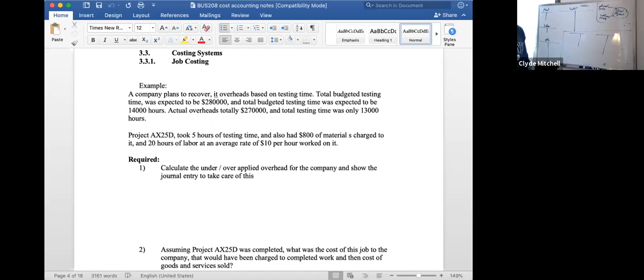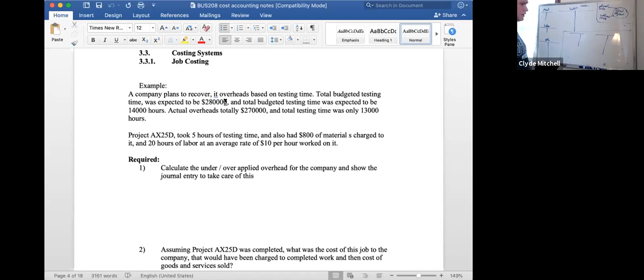Okay, so in this example, it is a combination of both overhead allocation, which we would have looked at, and job costing. So for now, we're not going to focus on the overhead allocation portion because that's been done. We're just going to look at the job costing component. But before we can do that, we do need to know what the overhead allocation rate is. So if we look at the information in this example,